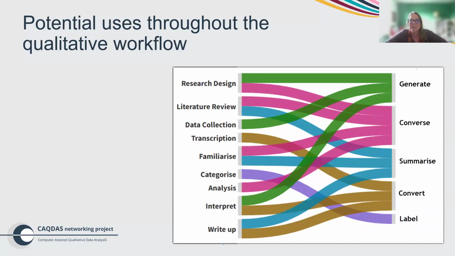In fact, every time I look at this, I think I could put the lines in slightly different places in some respects. So it's much more about the idea that those 5 capabilities on the right-hand side of my diagram actually go to multiple different potential phases. So the real point of this diagram is to show the broad applicability of the capabilities across the qualitative research workflow.